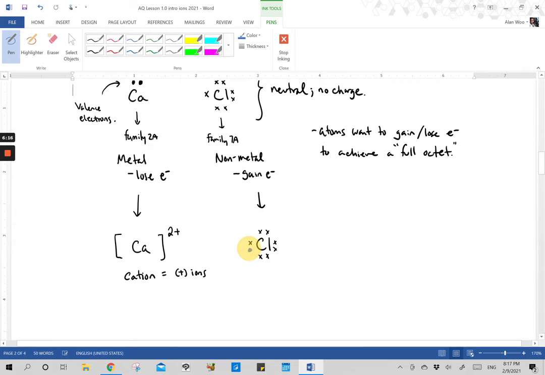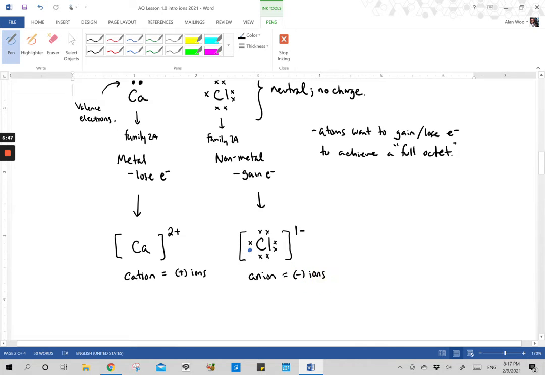So this electron, it has stolen from some other atom. Okay, so if it has gained that one electron, again we'll put some square brackets around it so that we can put in a charge. It's going to have a -1 charge. Okay. This is called an anion. Anions are negative